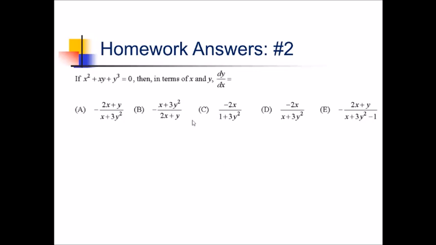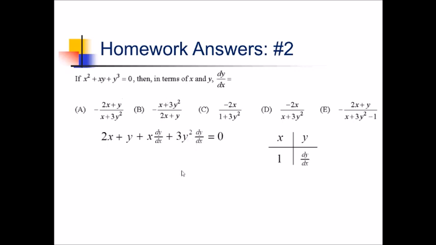For number 8, we're given this equation and we want the derivative. Now in here, since y is difficult to isolate, we're going to use implicit differentiation. Going from left to right, we've got 2x, and then I'll use the product rule for this xy product. So we've got x, y, derivatives are 1 and dy over dx. So using my ribbon, that's going to be y plus x times dy over dx. Next up, we've got y cubed, so that'll become 3y squared dy over dx equals derivative of 0 is still